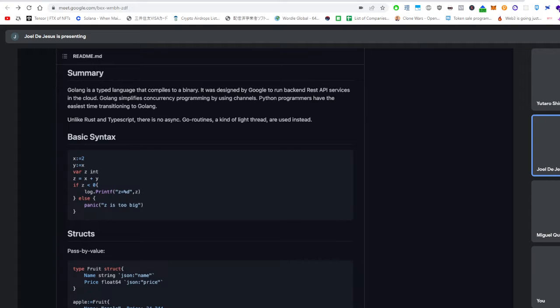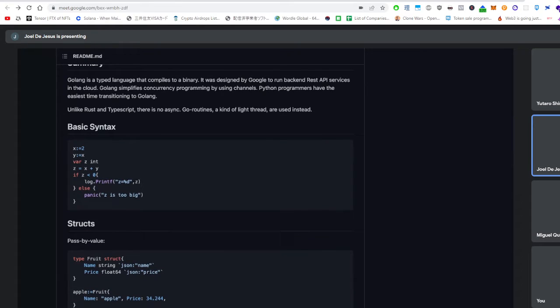Okay, so what makes Go special? Besides the gRPC thing I mentioned, what makes Go special is, besides being typed, it really simplifies concurrency programming by using something called channels. Traditionally, when someone wants to program something that's concurrency safe, the tooling in languages like C, C++ is just really awkward. You've got to use stuff like mutexes to try to get atomic locks on different bits of data that you're modifying from different